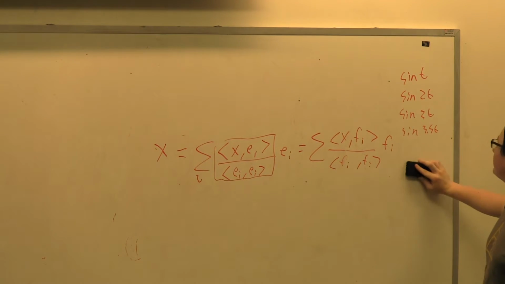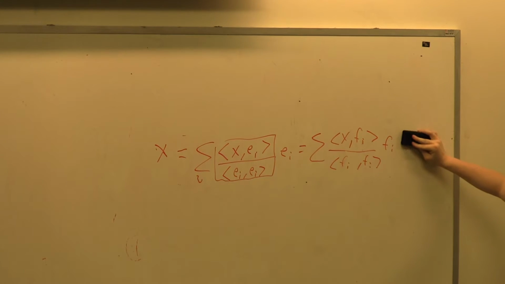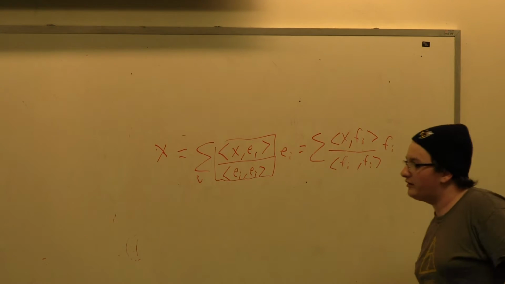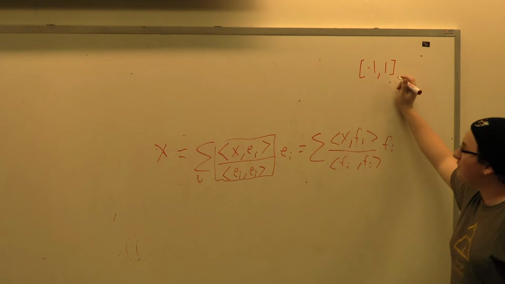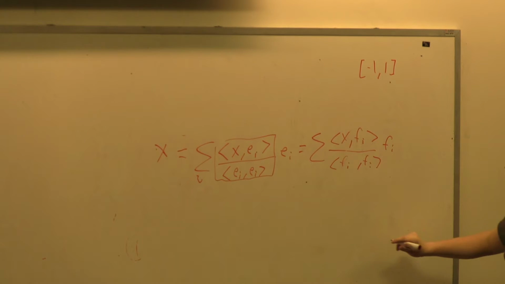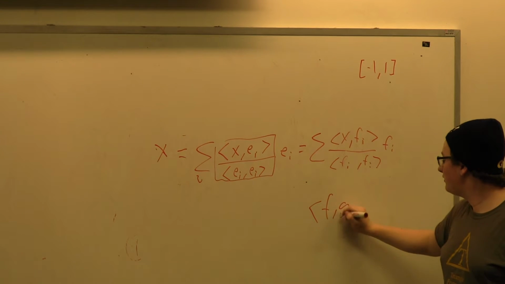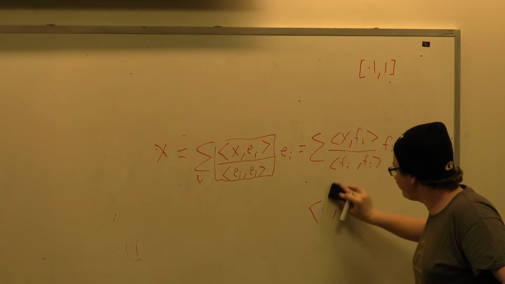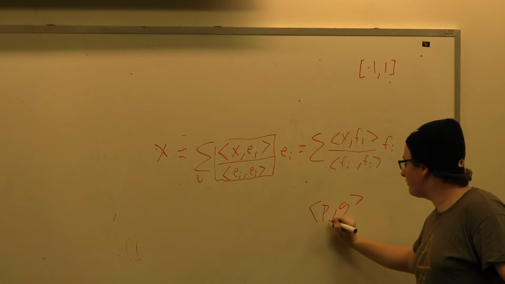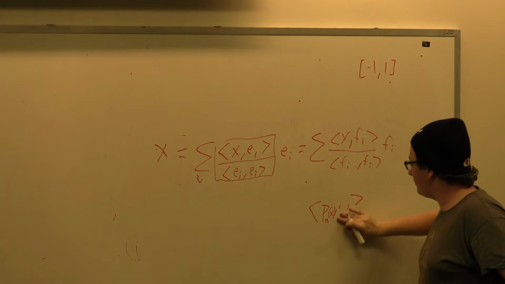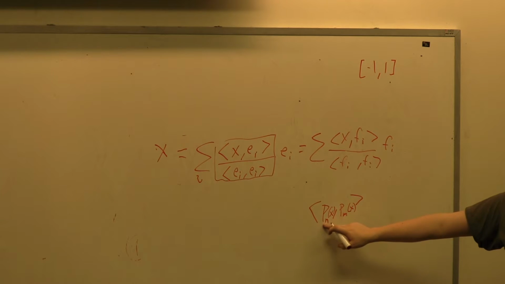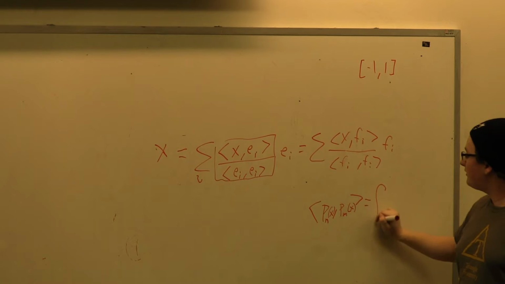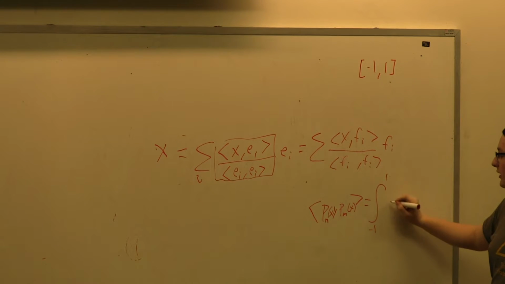The Legendre polynomials are a set of orthogonal polynomials on the interval -1 to 1, which means if I take their inner product, as I had written out right here, or I guess in the terminology of the Legendre polynomials, P sub n of x and P sub m of x, these are both Legendre polynomials. That's equal to the integral from -1 to 1 of